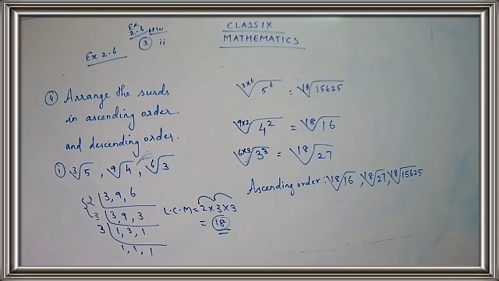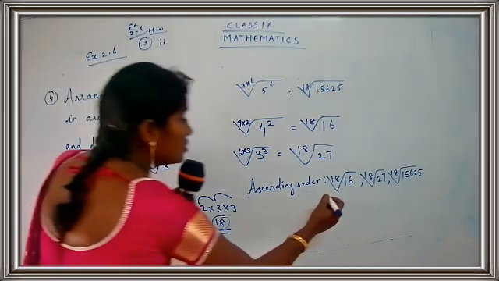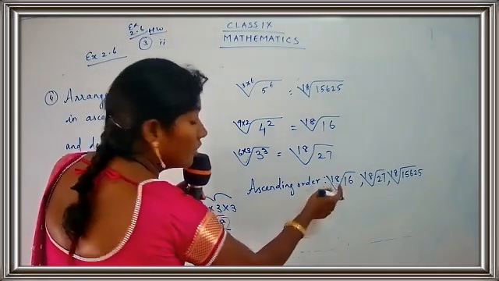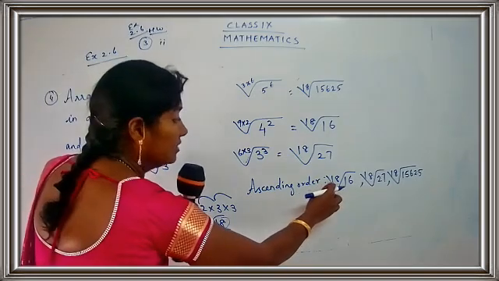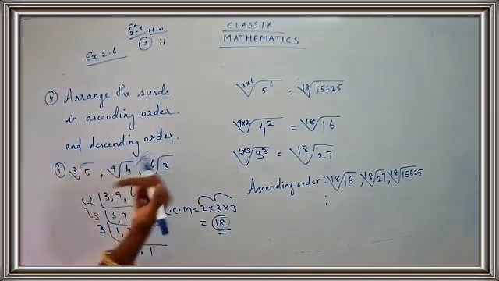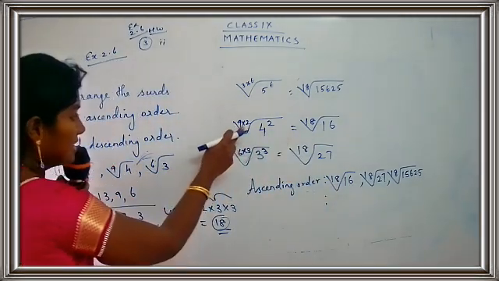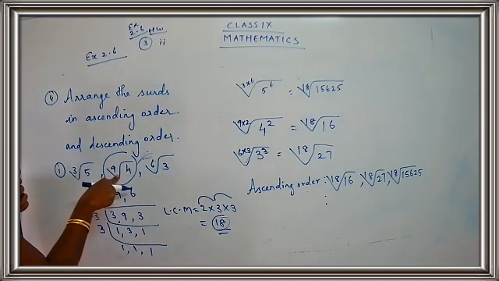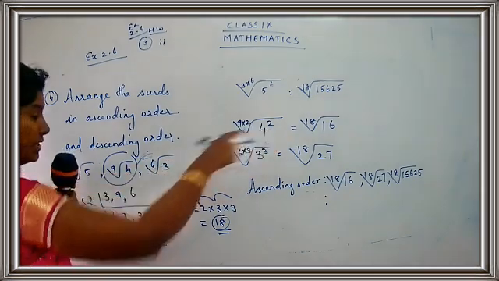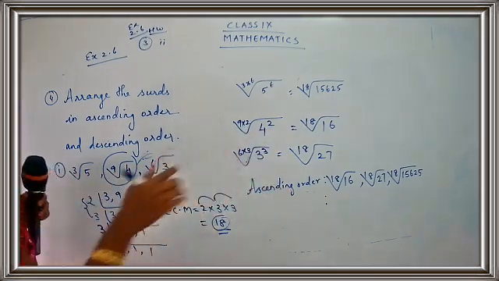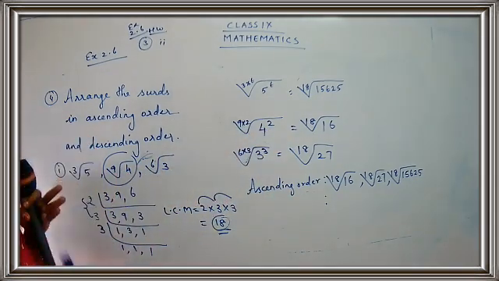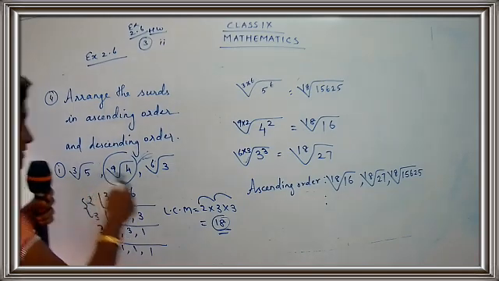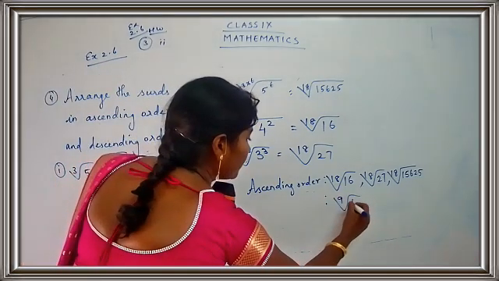So now you are going to write down the original surd, okay? So this is the surd that we have changed. So what is the original surd for 18th root of 16? 18th root of 16 is 9th root of 4. Yes children, so we have changed this surd into 18th root of 16. So you are going to replace the original surd. We have to write the original surd. So what is the original? It's 9th root of 4.